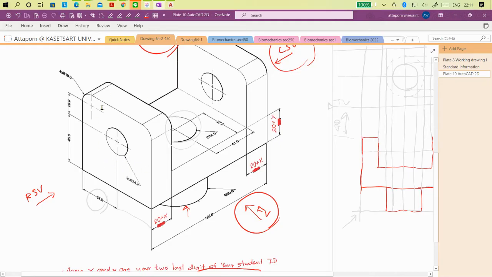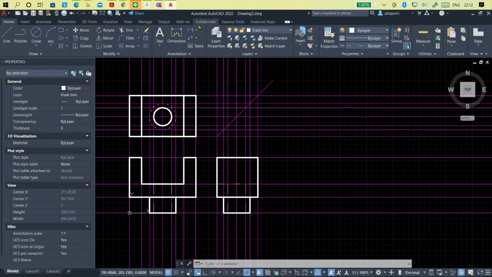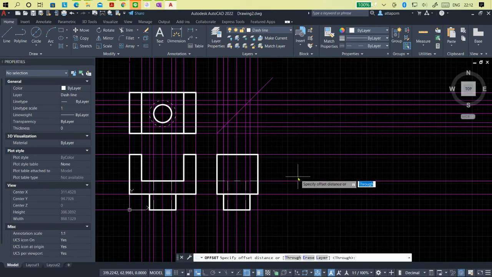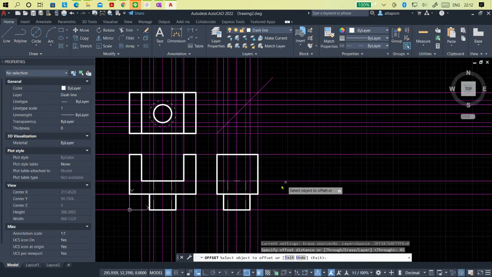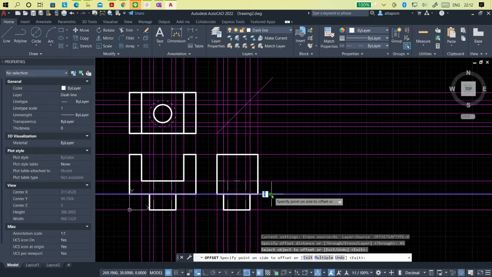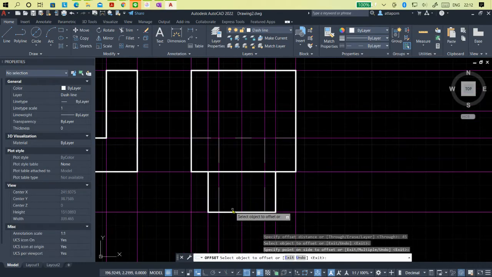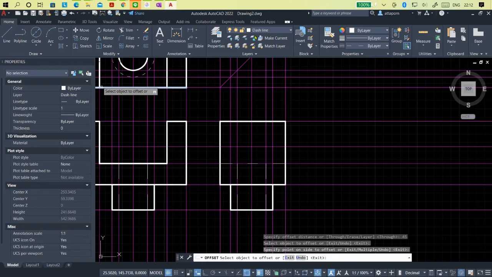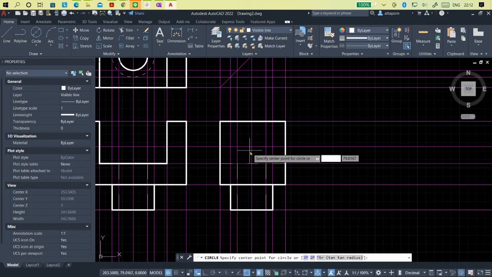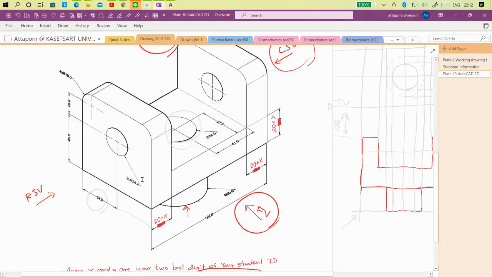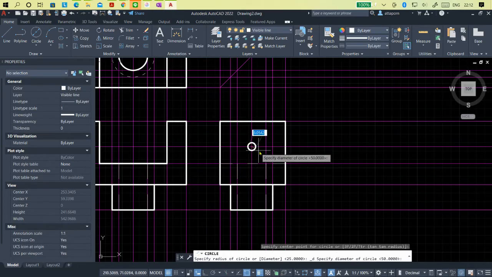So all we can see on the front, on the side view, excuse me, and offset 45 to find the center from this line to here, 45, yes. Okay, and then choose visible to draw the circle, diameter 24, yes, by the center, 24. All right,